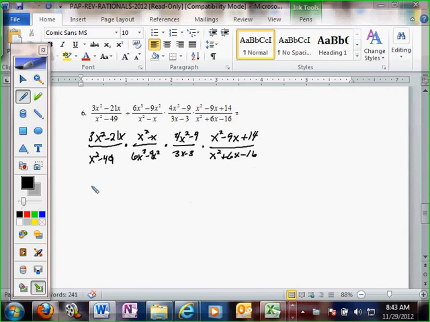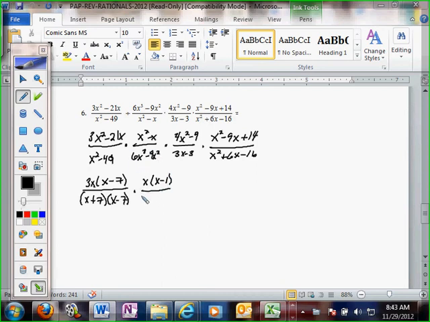Okay, so I'm going to begin by factoring. This top I can factor out of 3x. So I'll pull out a 3x and I'm left with x minus 7. The bottom here is a difference of squares. That's x plus 7 times x minus 7, times, here I can pull out an x. This is not the difference of squares because the 1 at the end here is not a perfect square. So it's going to be x times x minus 1 over, down here I can pull out a GCF of